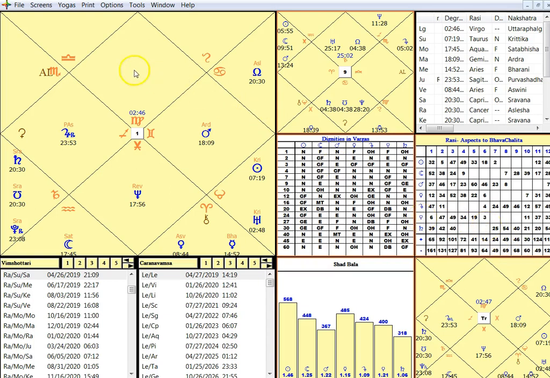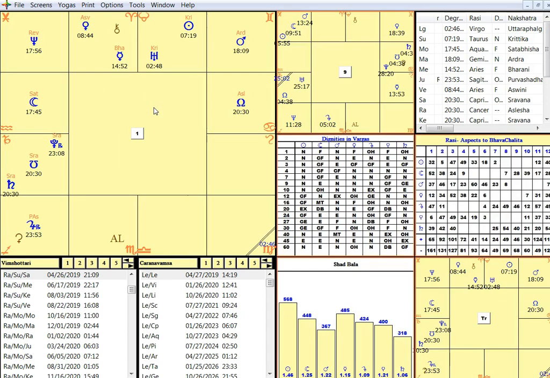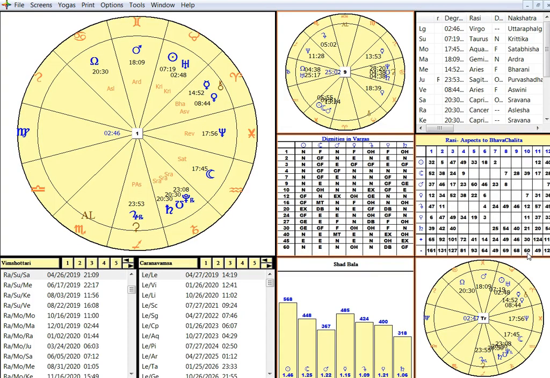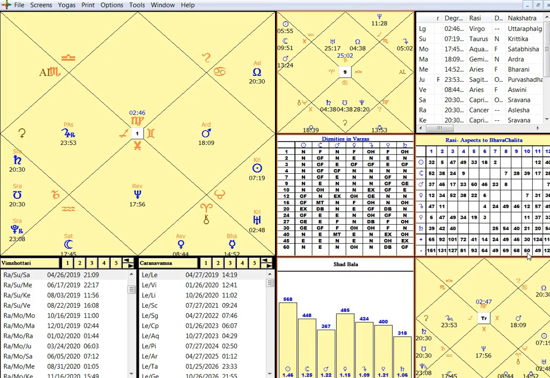Now the main display on the left can be altered by pushing the F2 button, to South Indian, Western Wheel, or North Indian, F2. Another main option that you get is